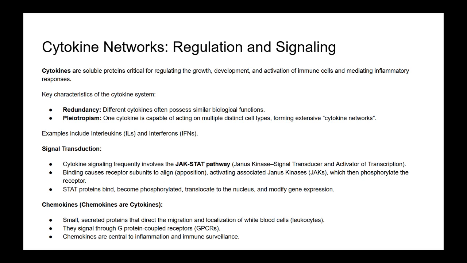So, the cytokine binding outside flips a switch on the JAKs inside. What do the activated JAKs do next? The activated JAKs immediately start doing what kinases do best. They phosphorylate things. Specifically, they phosphorylate specific tyrosine amino acids on the cytoplasmic tail of the receptor itself. These newly phosphorylated tyrosine sites now serve as highly specific docking stations, like precisely organized landing pads for the next molecules in the chain. And those landing pads attract the STAT proteins, hence the name JAK-STAT.